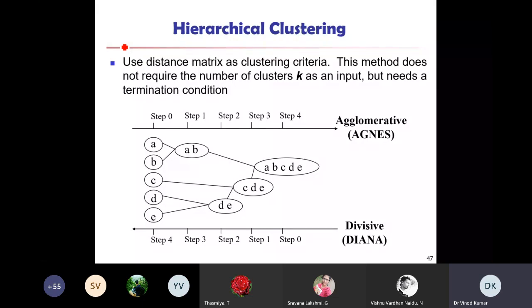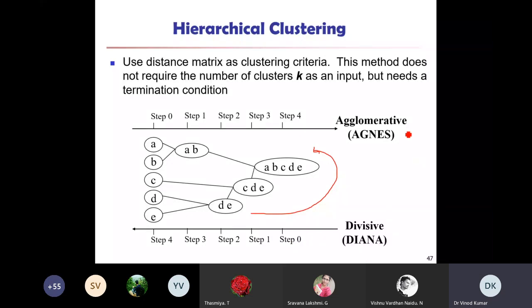So basically hierarchical methods group data into a tree of clusters. It creates a tree of clusters. You can see here, if I rotate this above, then you may clearly visualize this is an example of a tree. There are two basic varieties of hierarchical algorithms. First one is the agglomerative, and next one is the divisive.